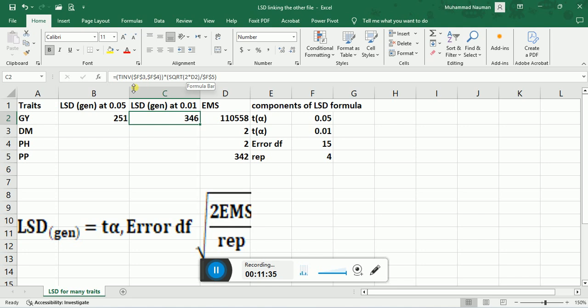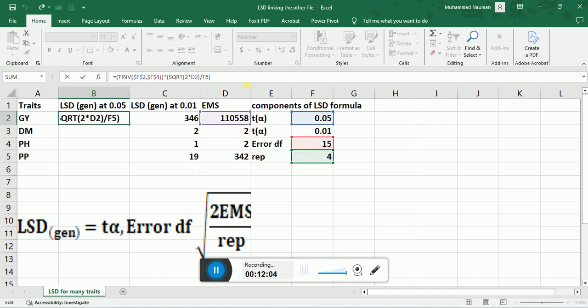Recheck the formula whether we have put the right dollar signs or not. Copy this, Control C, select the relevant cells, Control V, and we have got the LSD value at 1% probability level. Also apply this, first check the dollar signs.